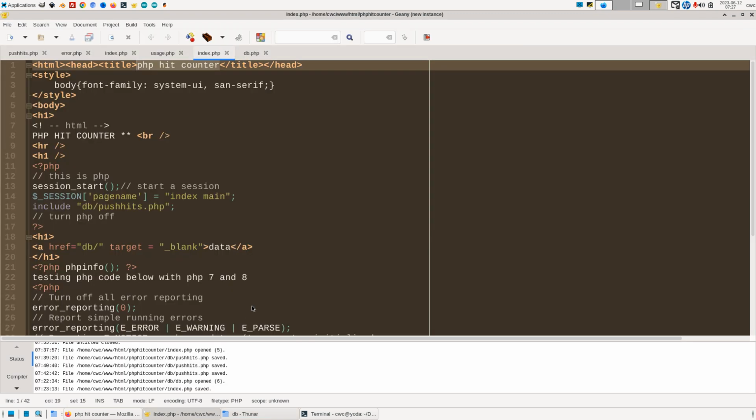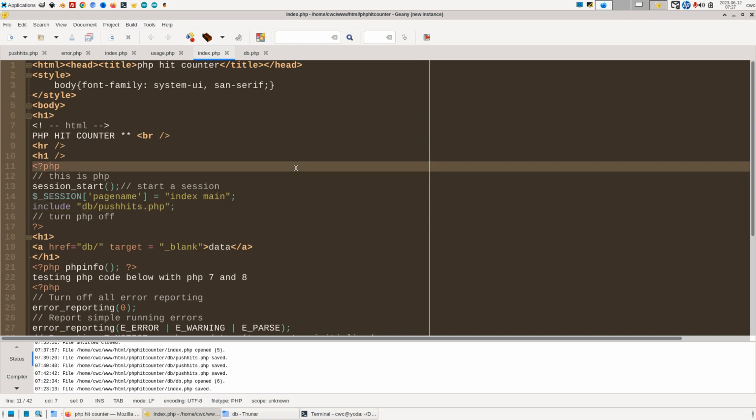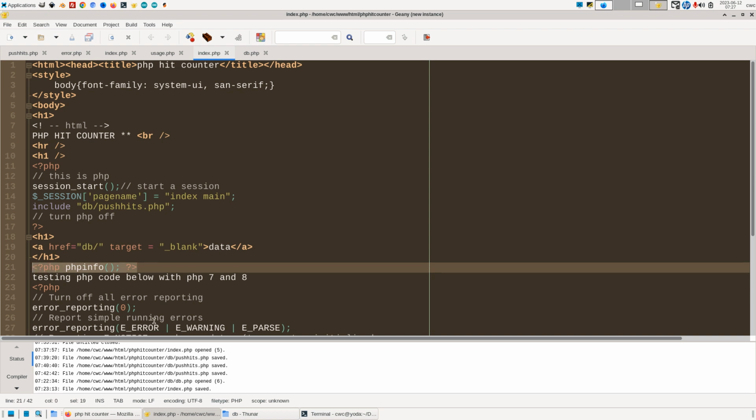Let's take a look at the index right here. That's how that code is called from PHP. So this is the index page. Everything from line 1 to 10 is HTML. Line 11 to 17 is PHP. Everything from line 23, and actually there's PHP info right there. I don't know what's going on with that. Anyway,